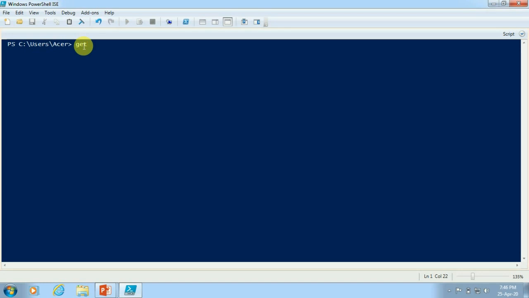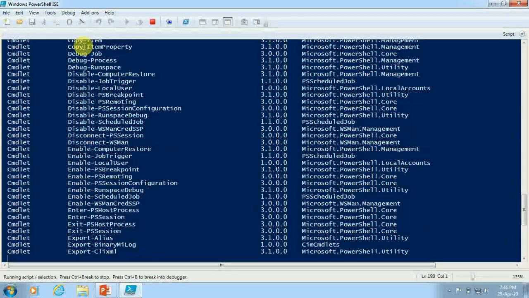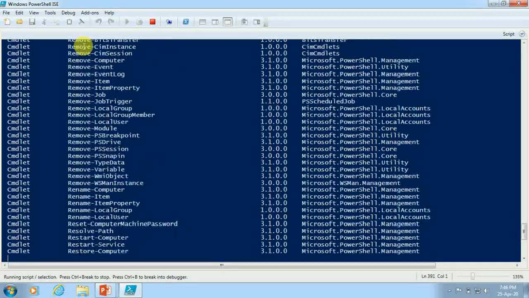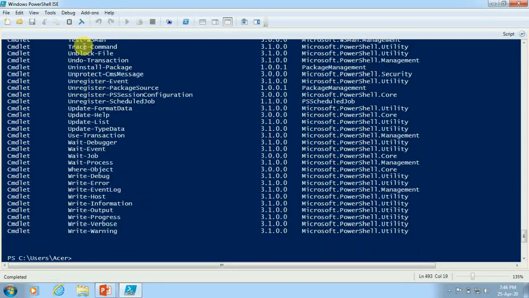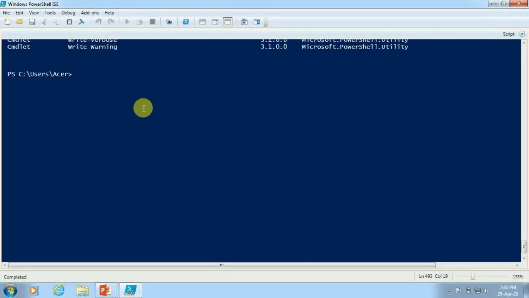First of all, if I use Get-Command without any parameter, it will list out all the functions, aliases, and cmdlets installed in the system. So if we want to get that, there is no need to pass any parameter.